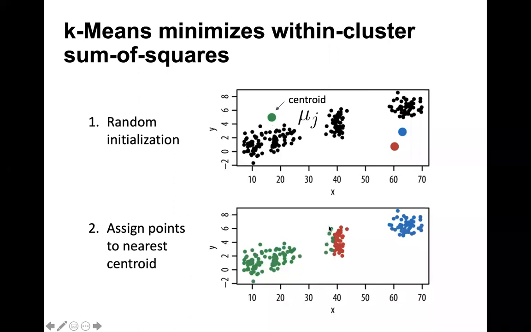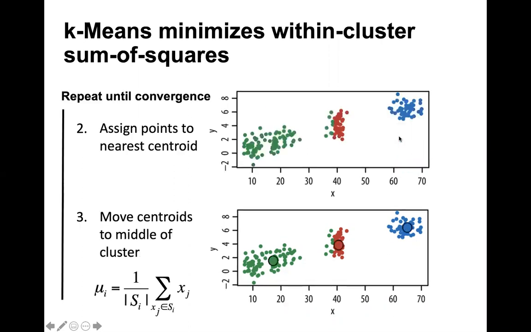So all of these points here are closest to the green centroid. All of the right-hand half of this cluster is closest to the red centroid. And then all of these points up here are closest to the blue centroid. And so what we can do now is repeat this positioning of assignments and then moving clusters to the average position in those clusters. So here we've got those assignments, and the third step, the next thing that we do